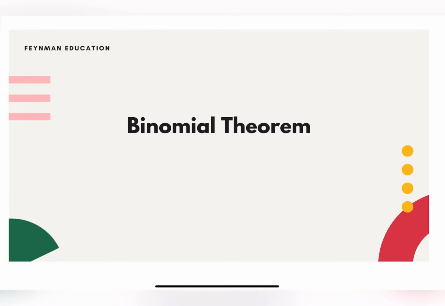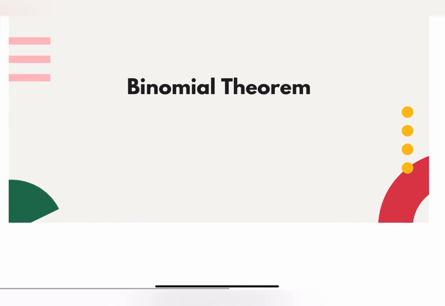So starting by definition, Binomial Theorem gives a method for expanding a two-term expression. So let's take a two-term expression (a + b)^n. So Binomial Theorem says the expansion of this expression will be